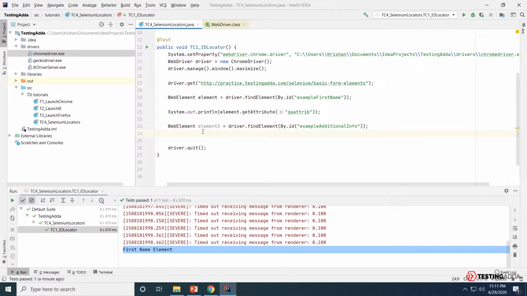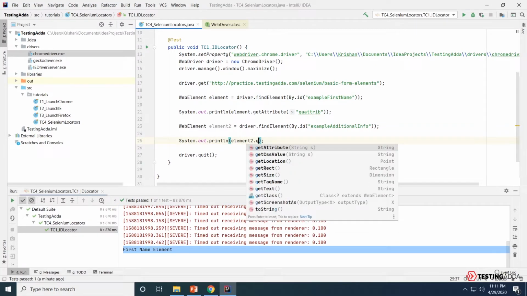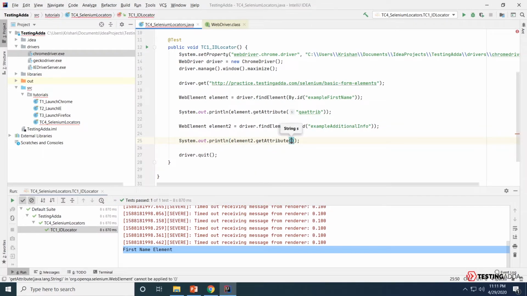Now let's try printing the attribute QA attribute from this element. To do that, I'll sout element2.getAttribute, and the attribute name whose value I want to print is QA attrib. Our script is done.